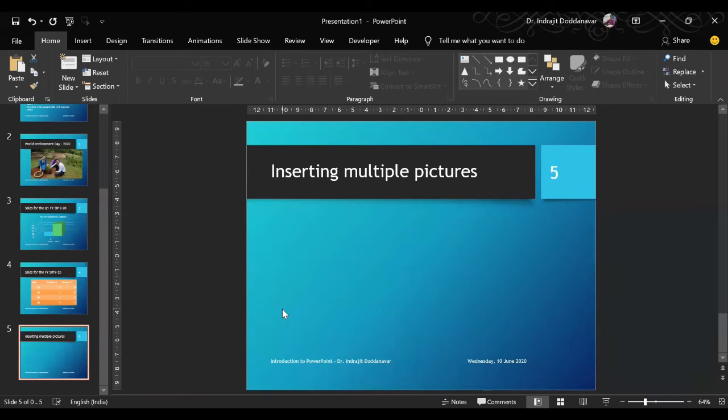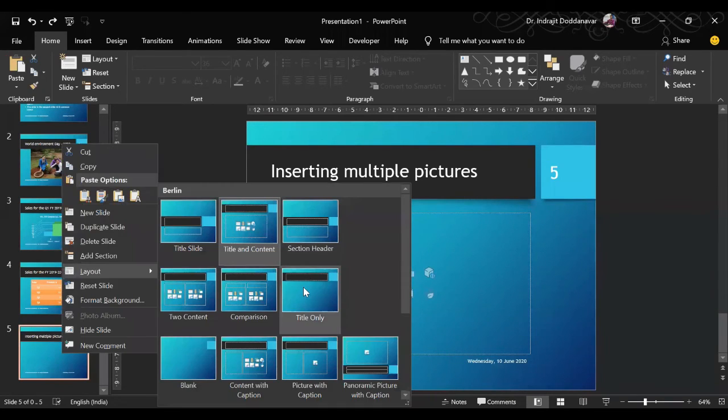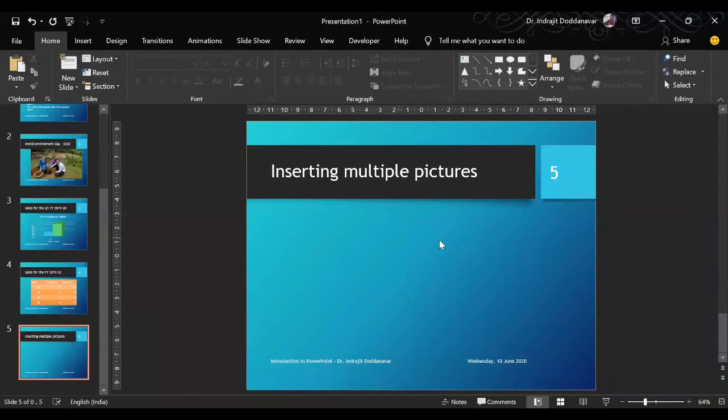Okay. So why this is helpful is when we want to do something out of the standard. So what are standards? These are standards: you are inserting a table, chart, SmartArt, videos, pictures from online, pictures from your computer. These are the standard things you are doing. But now you want to do an unstandardized thing, so you will have to have the Title Only layout selected. Once you select this, you can see whenever you click anywhere, nothing is getting selected. So this is a blank slate where you can insert your pictures.